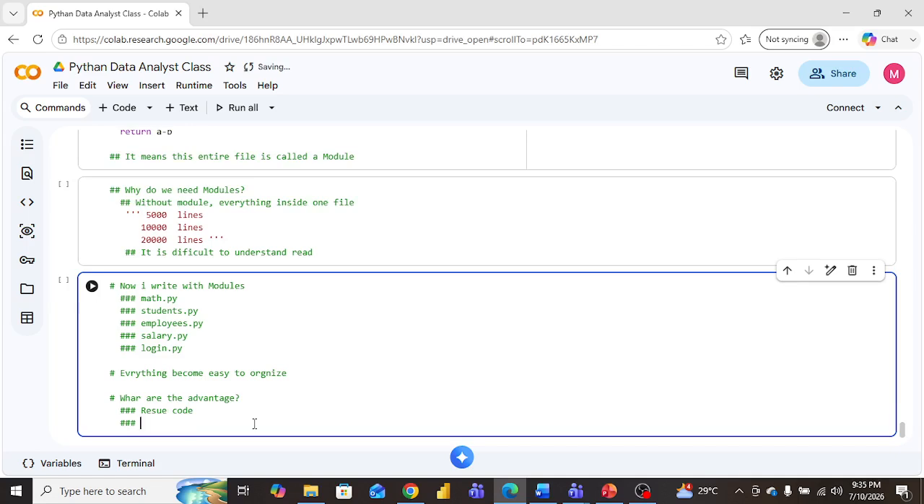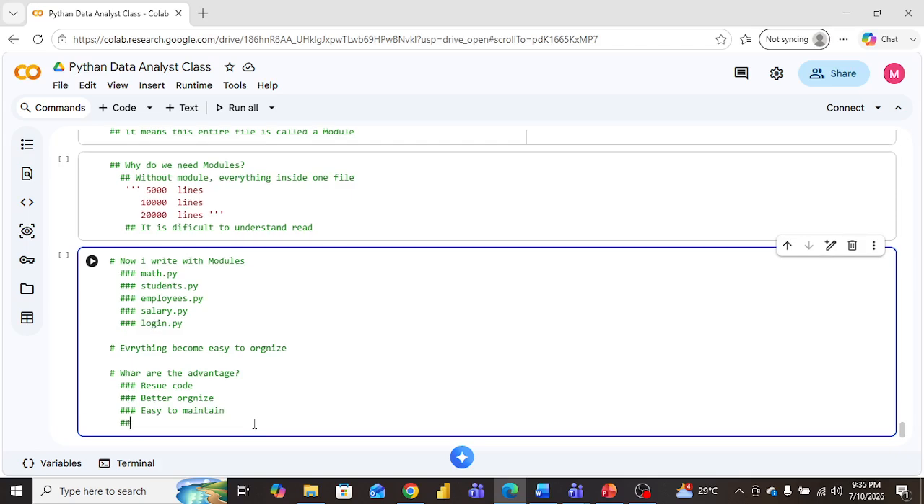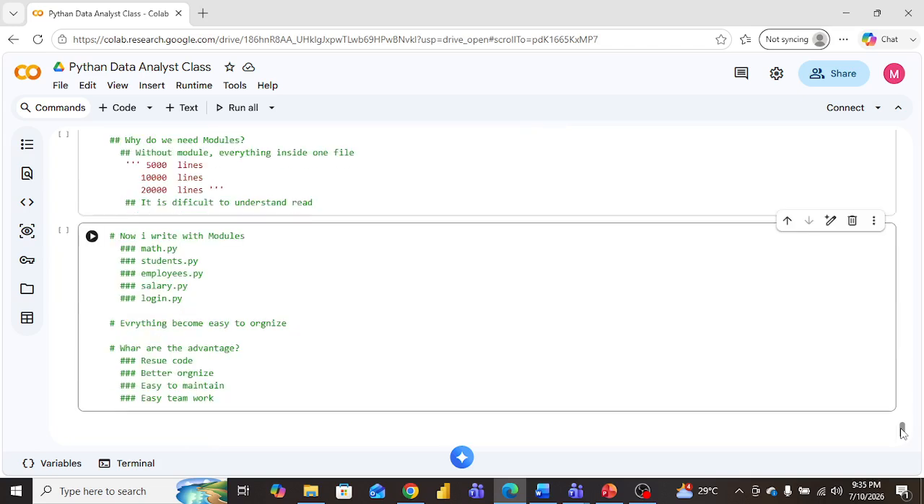Yes, sir. Second advantage, it is better organized. And it is easy to maintain. Am I right? Now, easy teamwork, you can say. Easy teamwork. Am I right? So you understood what a package is and what modules are,